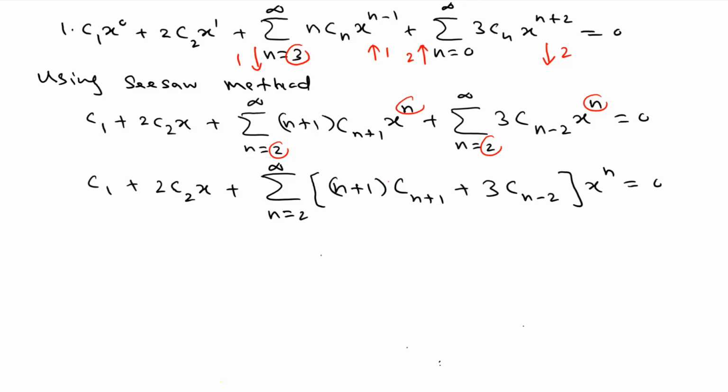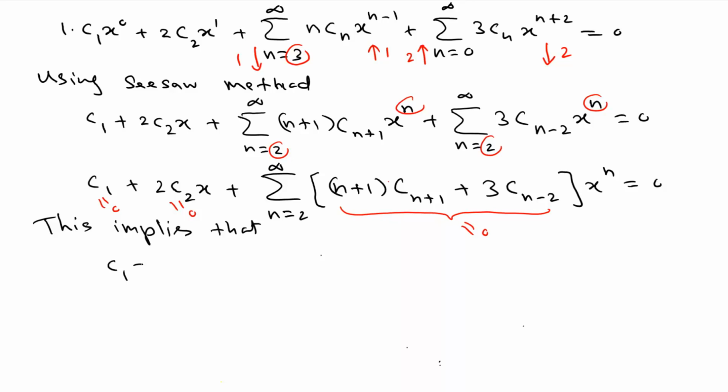Now again, this is a series. You set this equal to 0. So this implies that, it's an argument, so we need to write these things. We can't just write numbers. It implies that all the coefficients are equal to 0. So that means this is equal to 0, this is equal to 0, and this whole thing here equal to 0. So this implies that c1 equal to 0, c2 equal to 0,